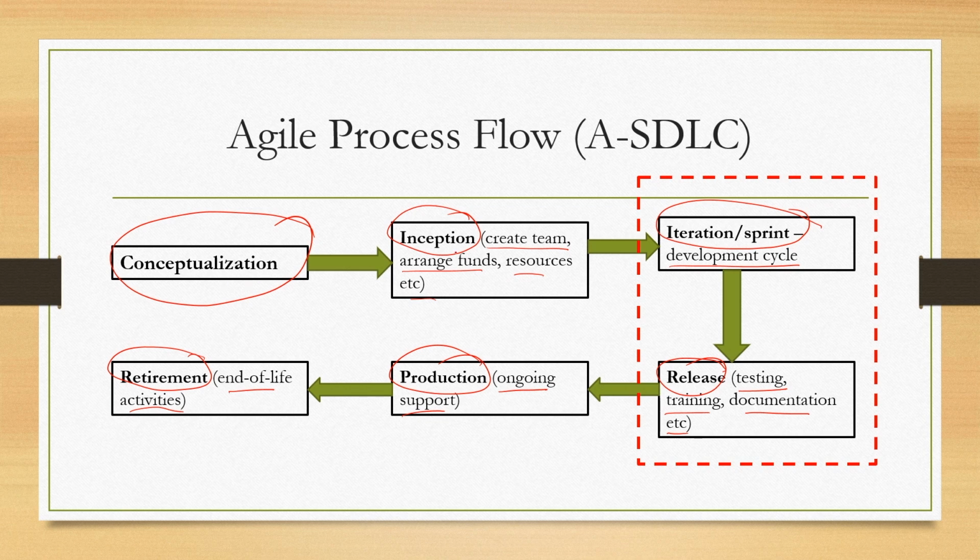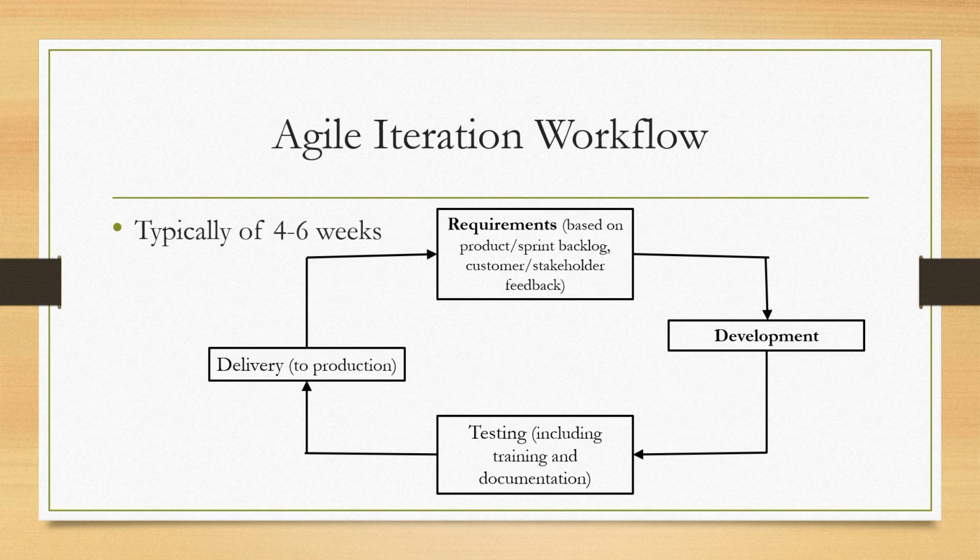So, conceptualization and inception roughly refers to both the feasibility study as well as requirement gathering. Iteration or sprint includes all the other stages, as we have seen in the interactive system development life cycle. Now, this iteration or sprint typically requires 4 to 6 weeks each sprint, as compared to the whole